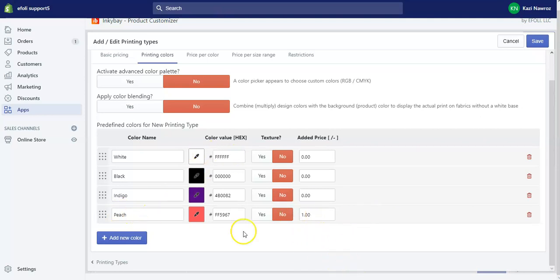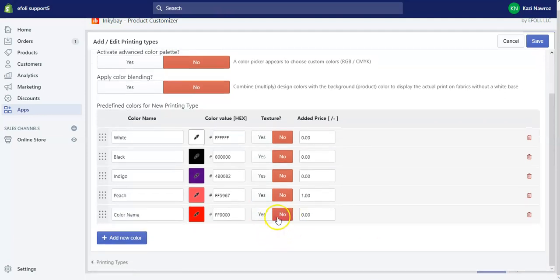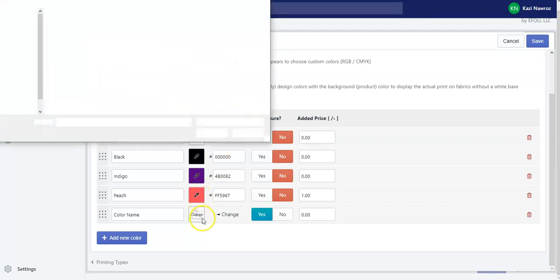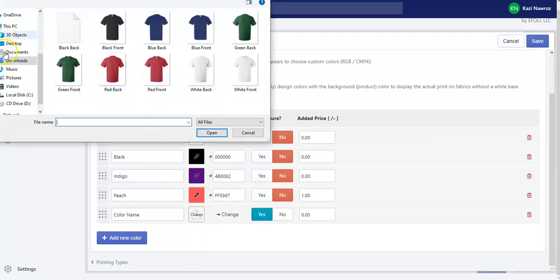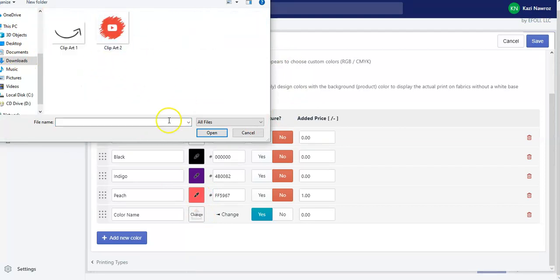Also, you can add texture to your printing type. You just click on yes on the texture, and then click on change. Now if you want to, you can add different textures or different colors.